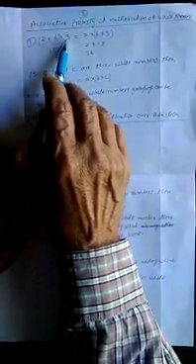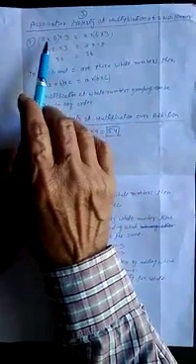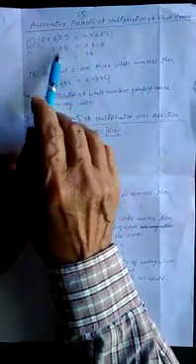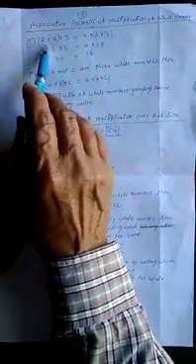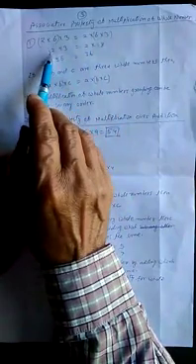Now, associative property of multiplication of whole numbers. Here I have written in this example (2 × 6) × 3 is equal to 2 × (6 × 3). Here grouping has been done between 2 and 6, and here grouping has been done between 6 and 3. We shall solve. First we shall solve inside the bracket. 2 × 6 is equal to 12, times 3, and 2 × 18 is equal to 36. This is also 36 and this is also 36.